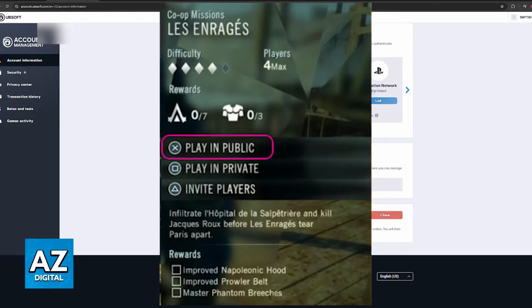Once this is done, instead of inviting your friends first and then starting a co-op mission, try doing the opposite, where you go into a mission and everyone queues up at the exact same time publicly. So instead of doing a private match, you just queue up publicly. And as long as all of you queue up at the same time, the servers will match you up together. It is weird, but because of the way the servers are operating at the moment, this is the best known workaround to get them to work so you guys can play together.